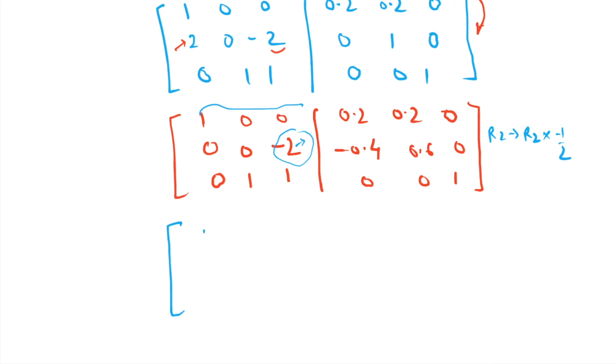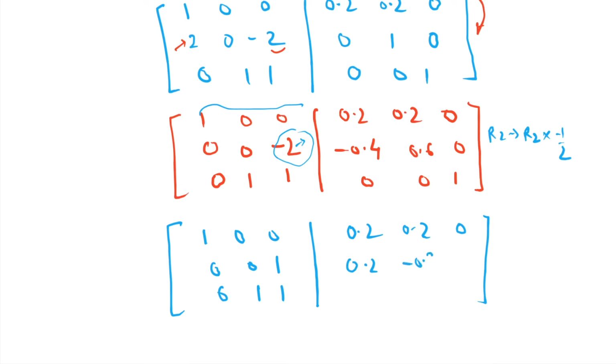We'll get 1 0 0, and then this will be 0 0 1, and the last row will remain as it is, so 0 1 1. Put a bar here, and then the first row remains as it is, so it will be 0.2 0.2 0, and then the second row, if you multiply the second row with minus half, you are going to get 0.2 minus 0.3 0, and then 0 0 1. Okay,